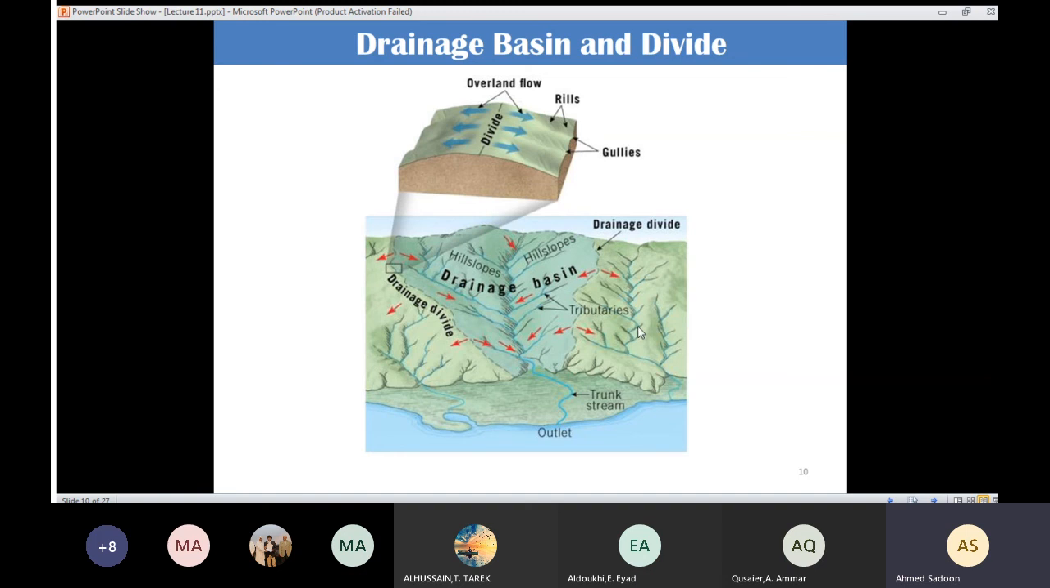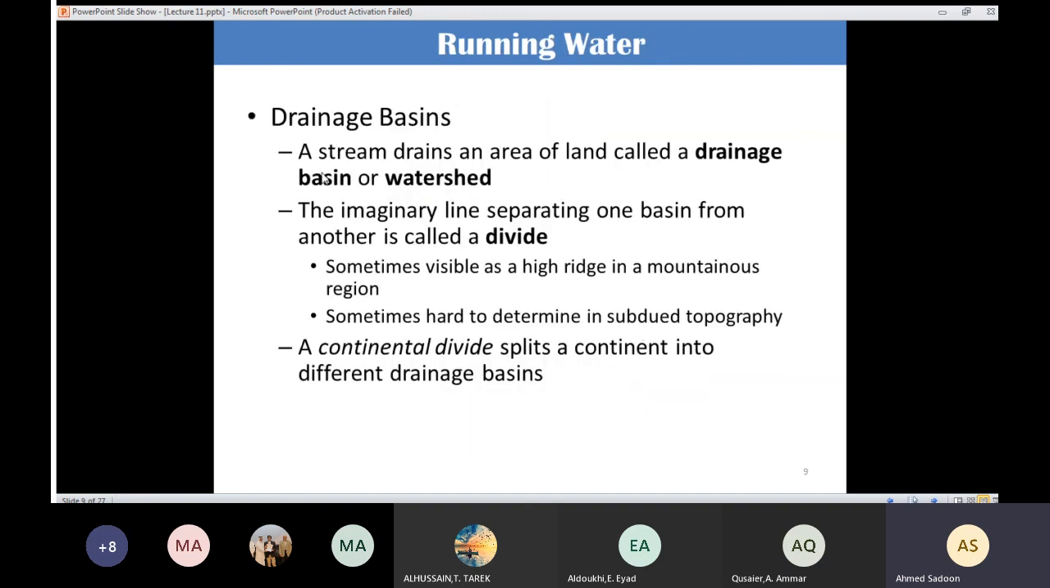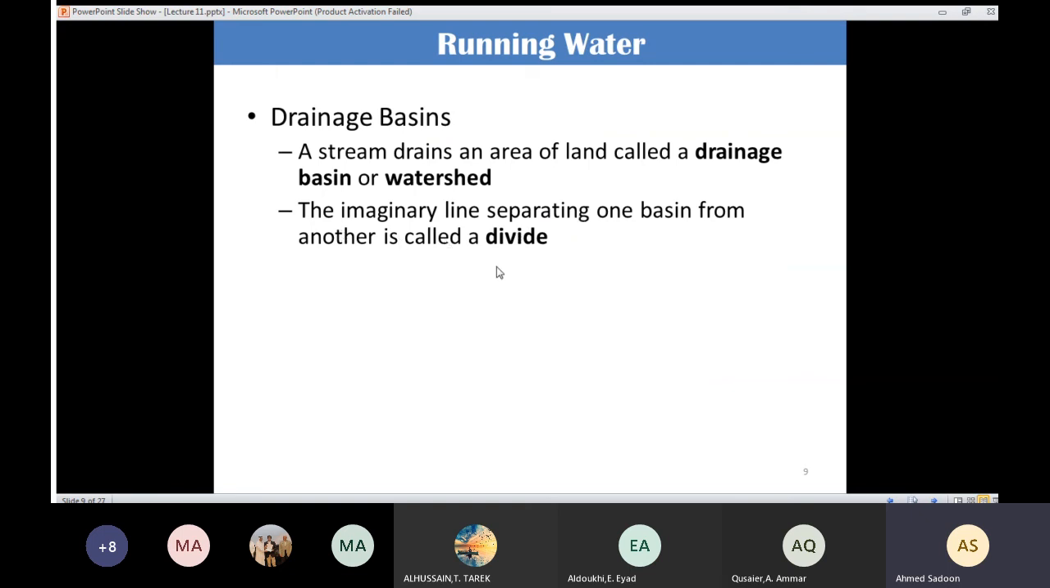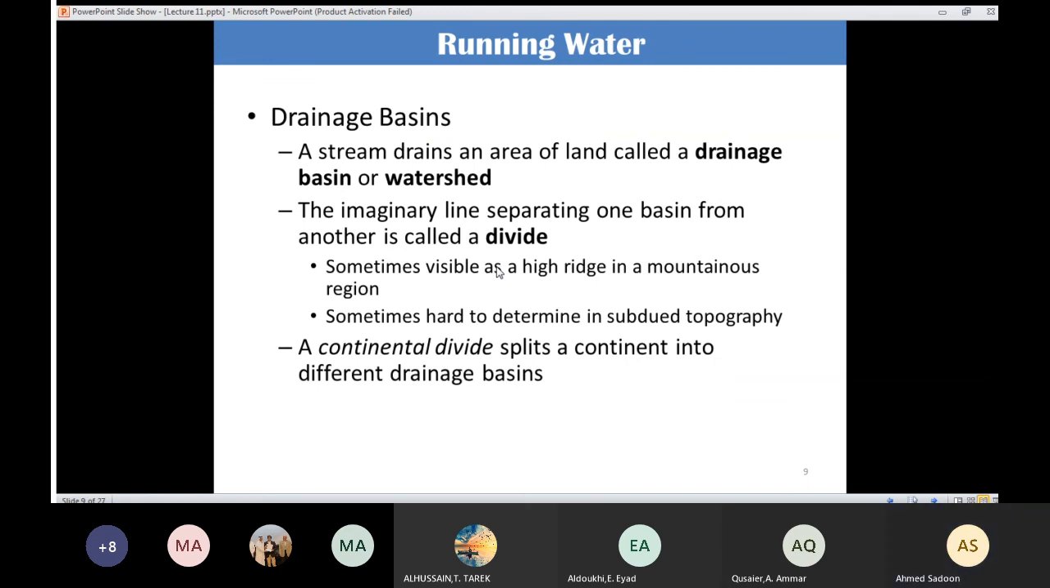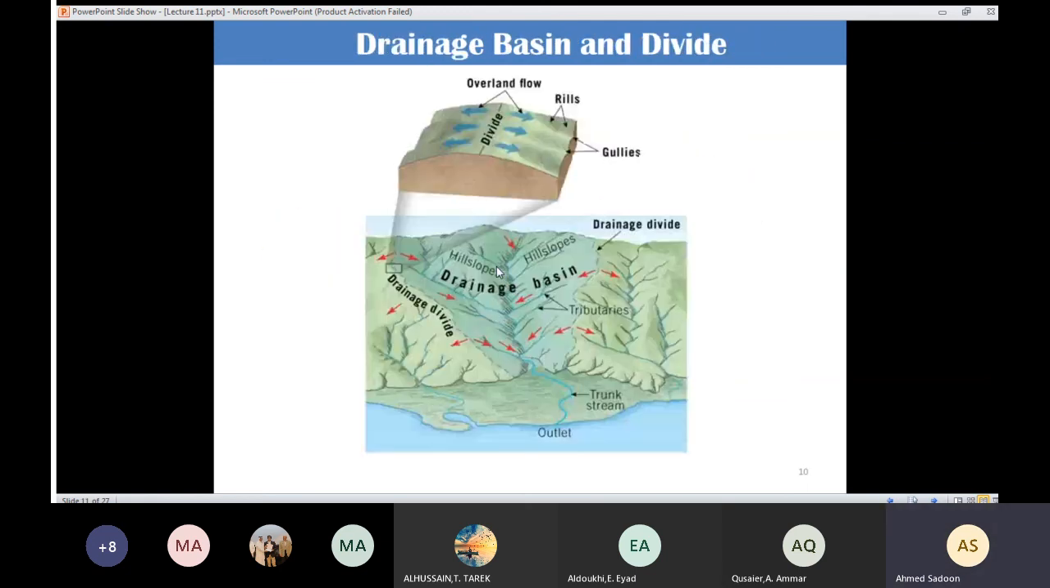So a stream drains an area of land called a drainage basin or watershed. We have that imaginary line separating one basin from another, and it's called a divide. Like we just said, this one is a divide. This line here, this one is the divide. Of course, this one is an imaginary line. Okay, it divides one drainage basin from another,